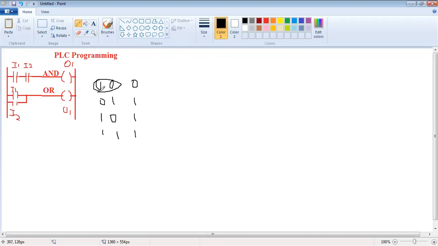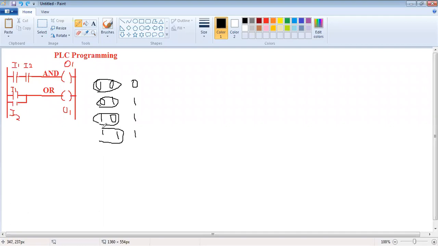So we'll apply when this input, both switches are off. Both switches are off, hence output is also off. When input is 0 1, means I1 is 0, but I2 is on. So current will go through I2 like this. So you'll get output as 1. When you apply this input, current will directly go through I1, output will be on.